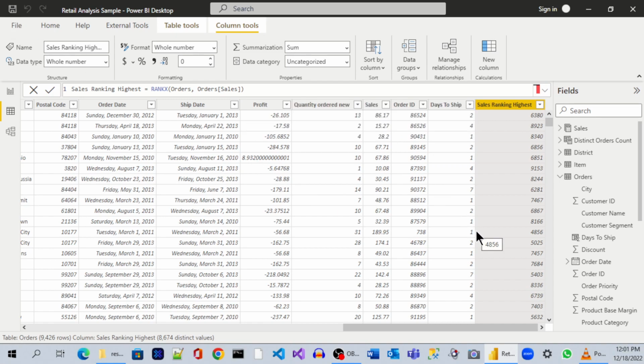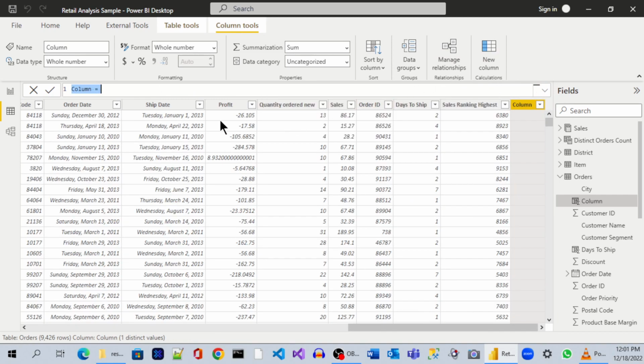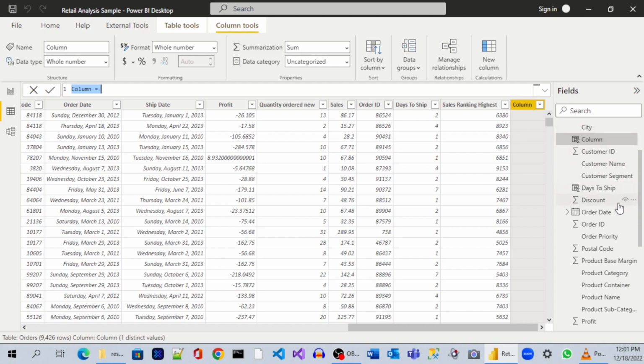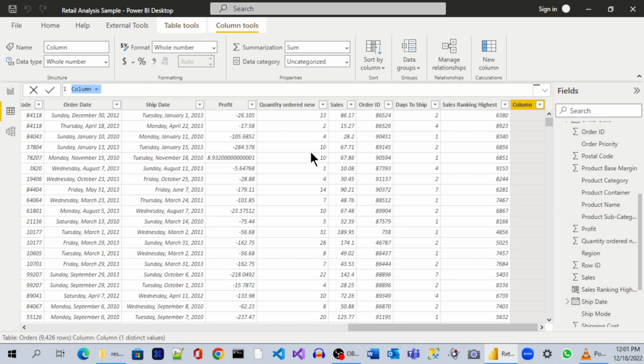We're going to create a new one, just for the sake of it. What was the other column name? Sales Ranking Highest, right? So we'll just call this one Sales Ranking Lowest